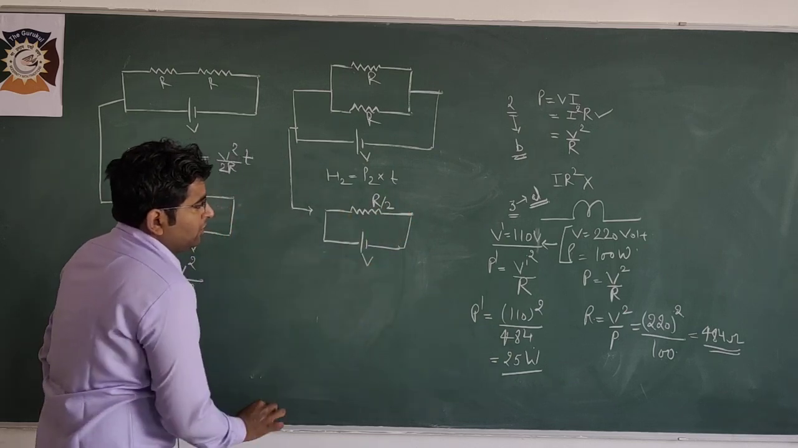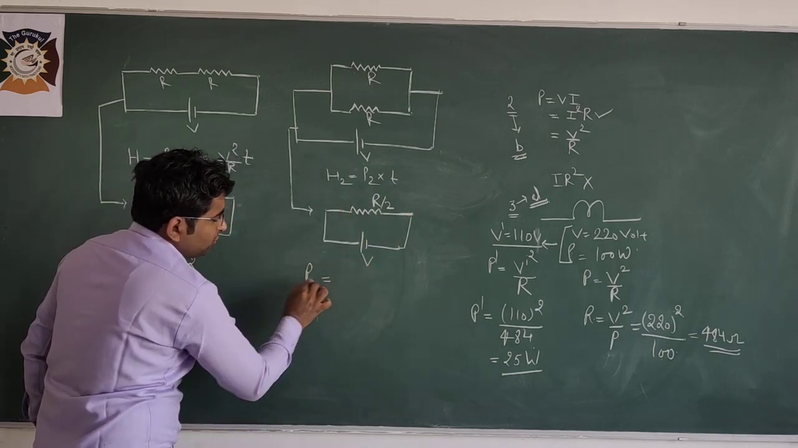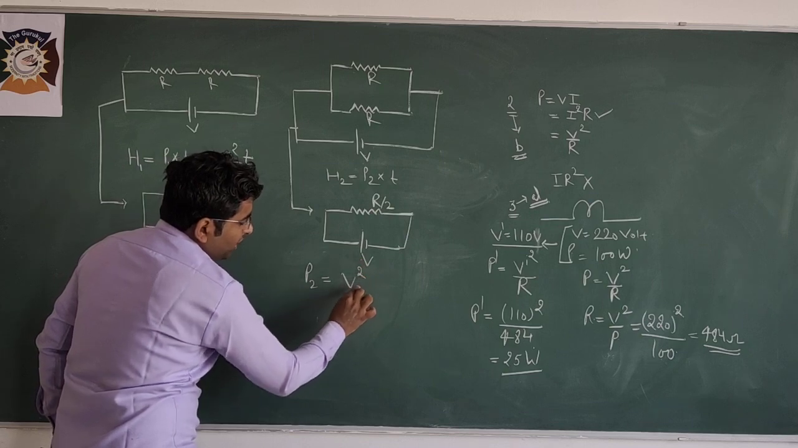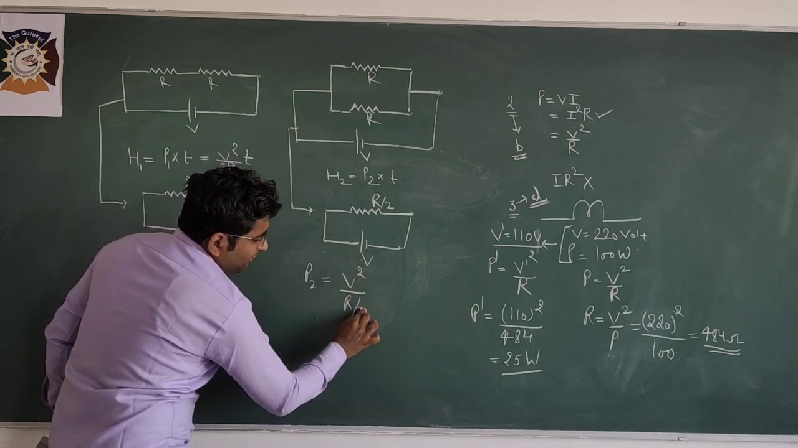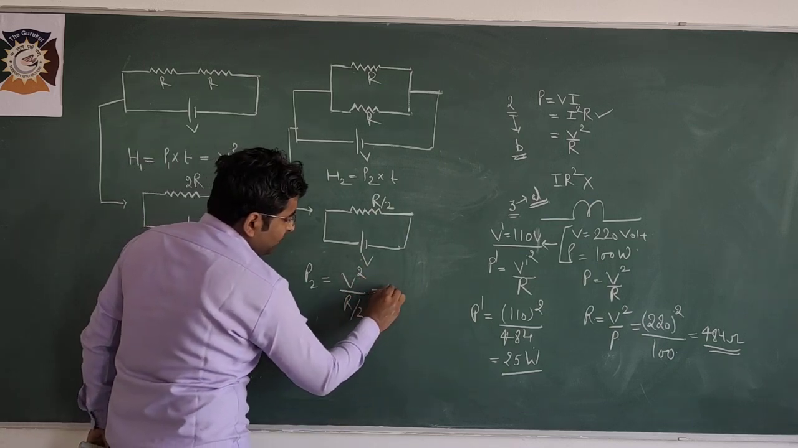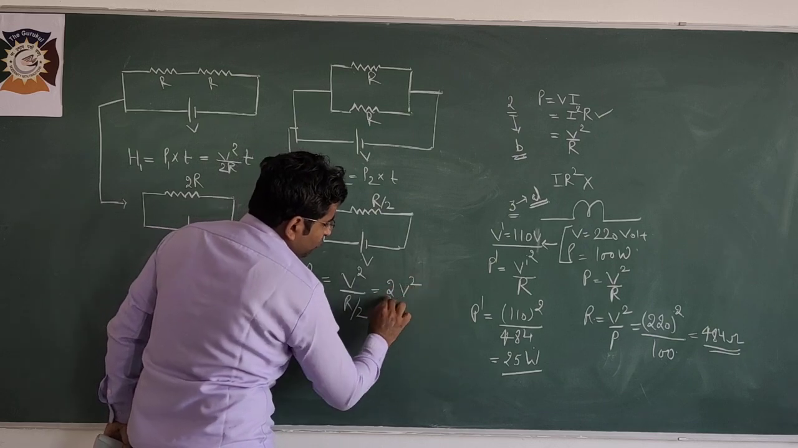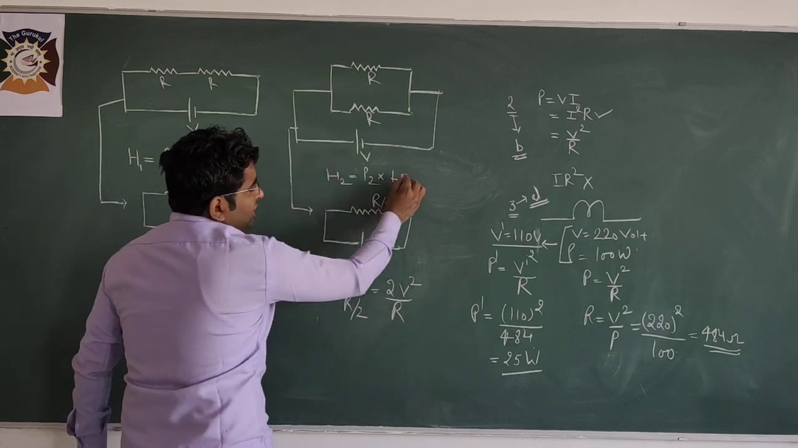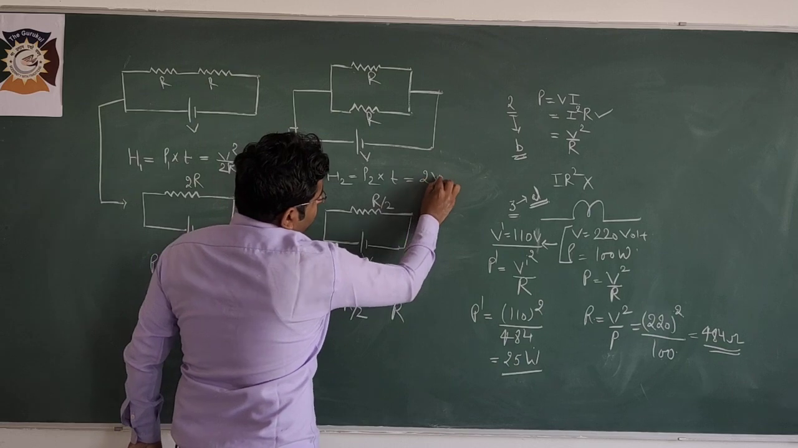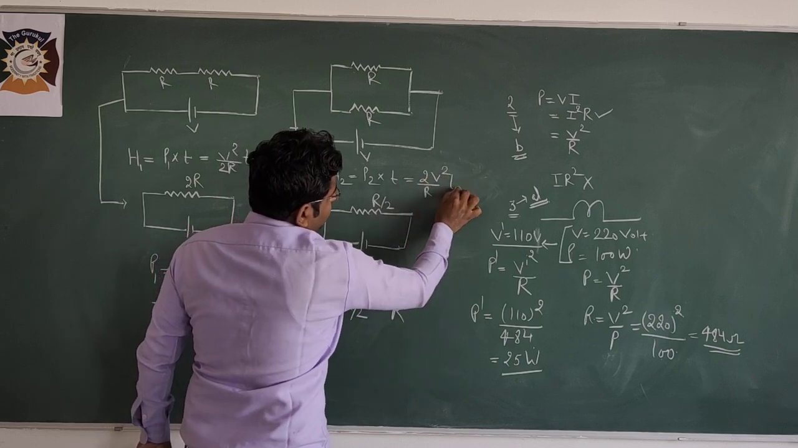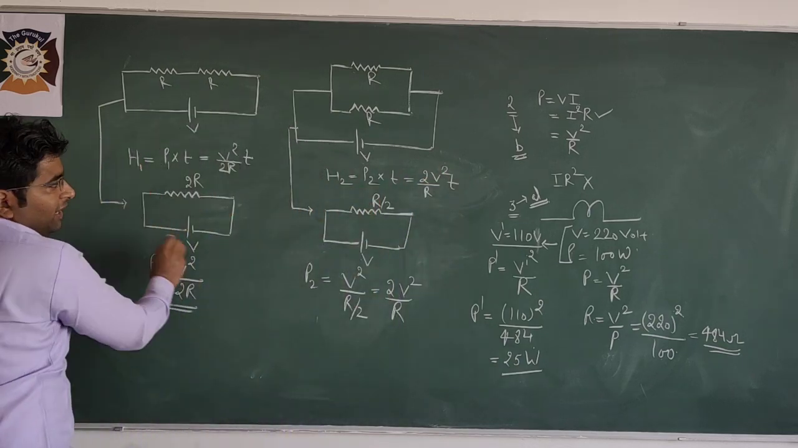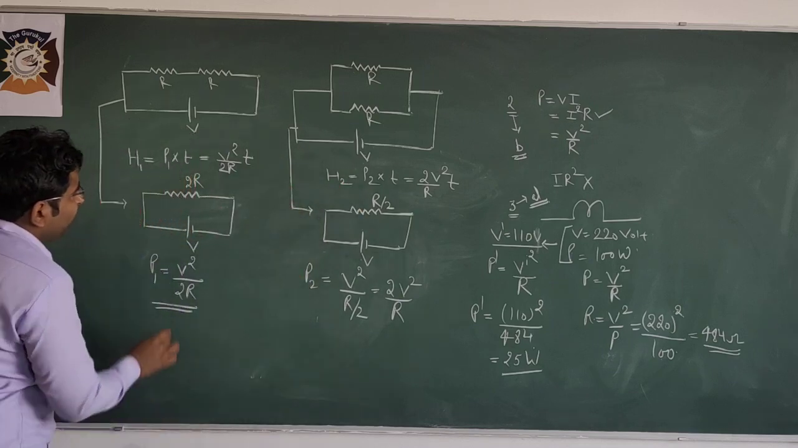and V. Students, power is equal to V square upon R. What is the value of R here? R by 2. So it will become 2V square upon R. So heat energy is equal to 2V square upon R into T. H1 you have, H2 you have. Clear? When you will divide it,